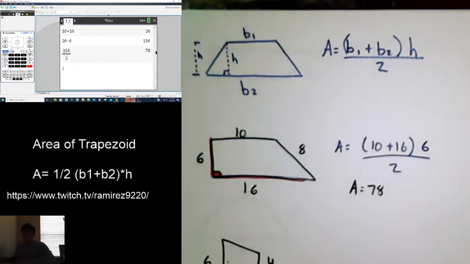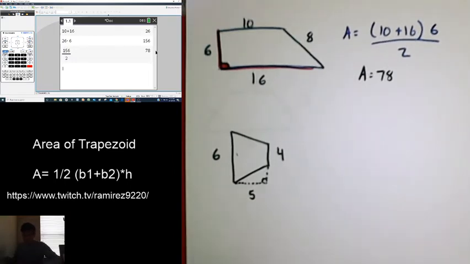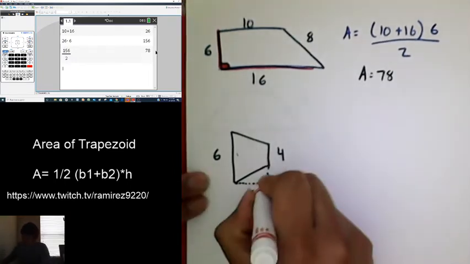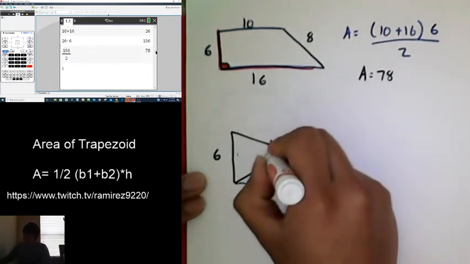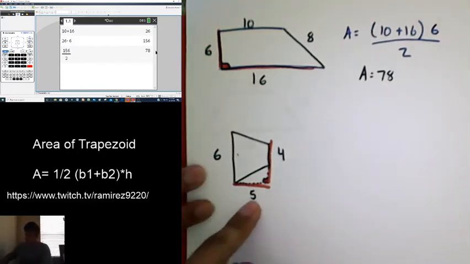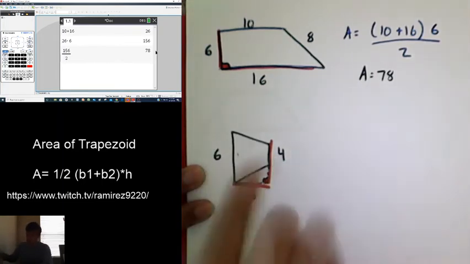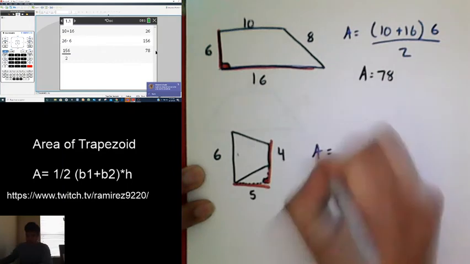All right, the one below it, same concept. Again, you see that 90. You find the two segments that create it. They are gonna help you identify the base and the height. So here we know that the height is 5 and the base is 4, and 6 is parallel to 4, so there you go. There is your other